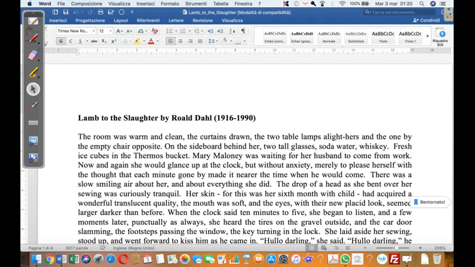Now, let's start reading Roald Dahl's short story, Lamb to the Slaughter. First of all, just by looking at the title, a title is always important, so we should wonder what the words mean, and if we don't find a straightforward meaning, then perhaps the best thing to do is to brainstorm the words,